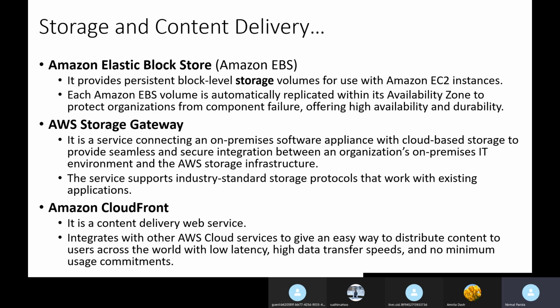Suppose you are staying in some area in the USA, those CDN servers will be in your nearest region, and they will cache the data from the original server and provide it to you. The nearest server will be serving you, so that you will not see problems in latency and data transfer speeds. You will not think that my server is very far away and I will be slow.